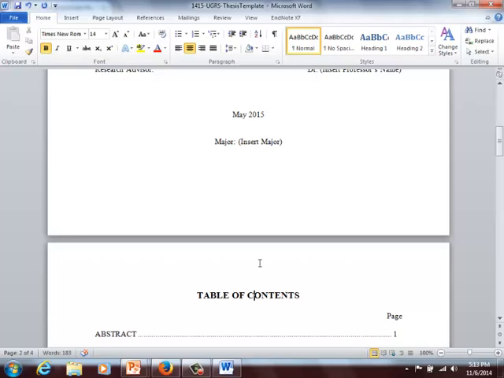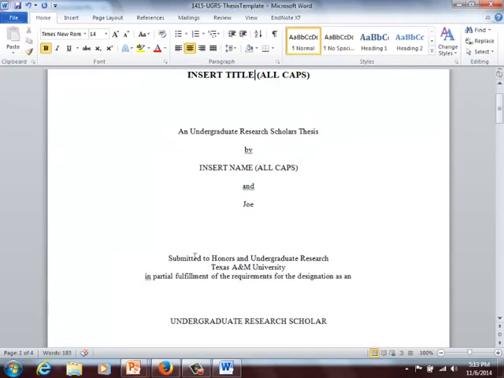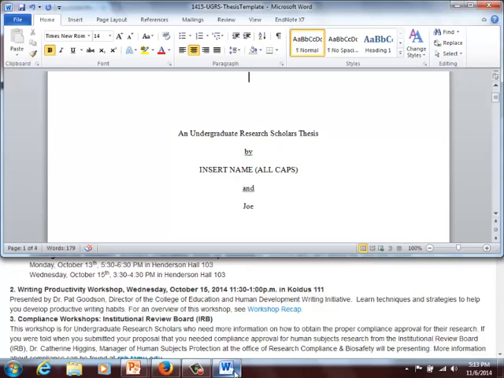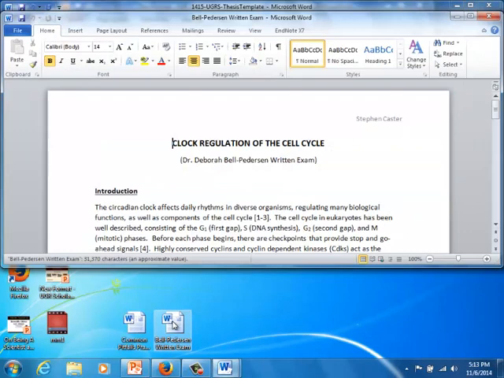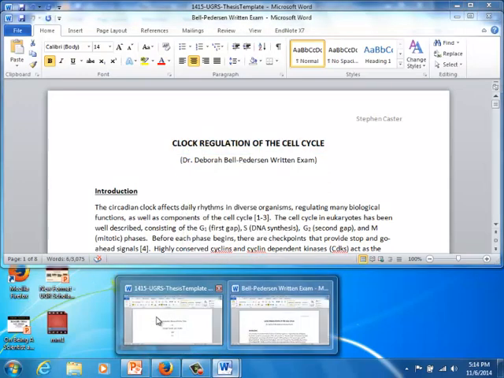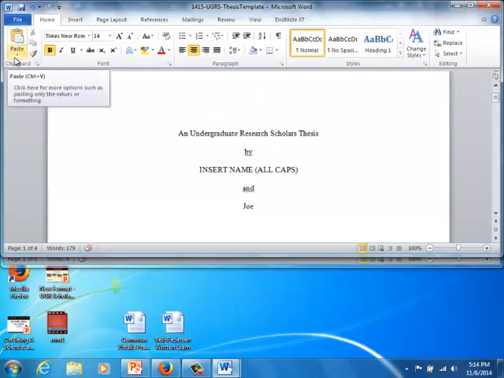Now, one thing I will point out here, and I'm just going to do a quick little example. When you cut and paste, let's say you already have your document. You've already written some of it. You've already got your title, everything like that, and you don't feel like rewriting all the text into this document itself. You can simply cut and paste. Okay. All right, so here's just an example of a document I wrote. You can just highlight, copy it,